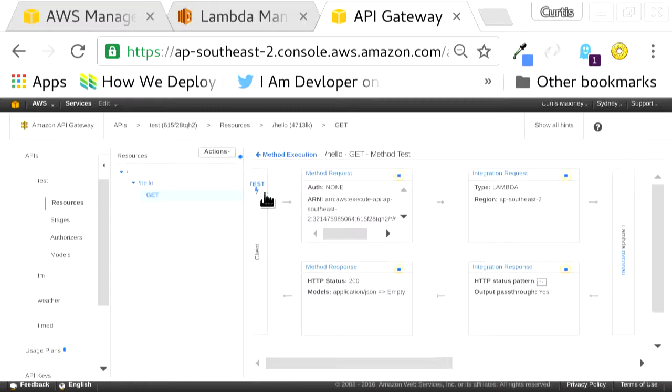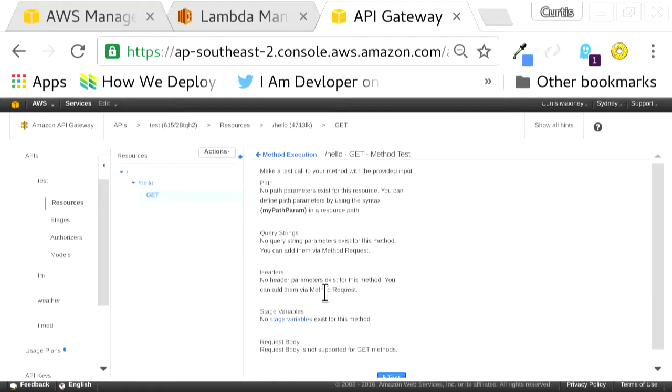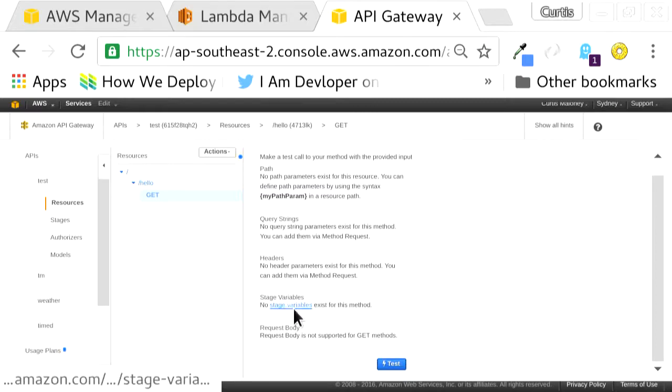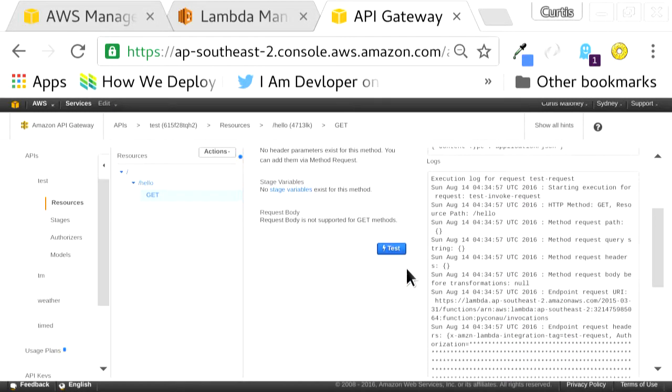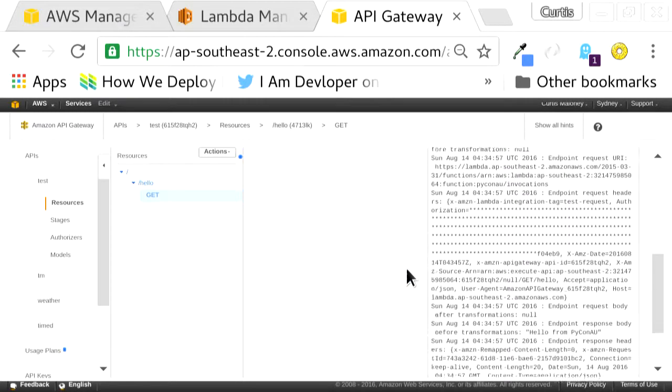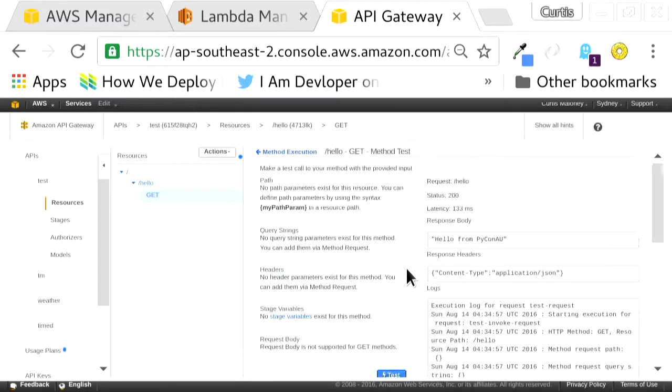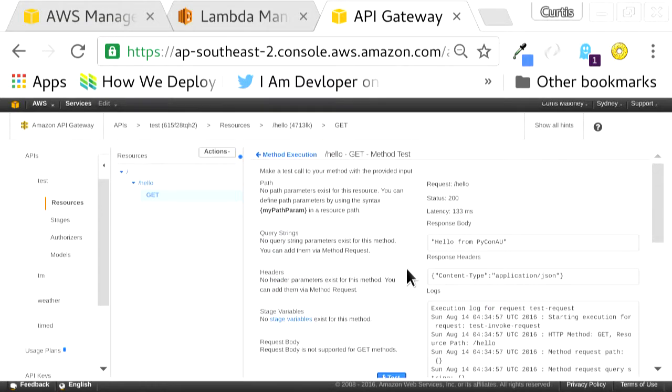So let's give it a test. I haven't said there's any headers or query strings of interest, no staging variables to help test it out, so I'm going to test it. And we get our response, and some headers, and an execution log. Wow, lots of stuff happened, but we get told all about it. Have I just made an API? Yes, but nobody can get at it. So in order to do that, for all of you to start costing me money,